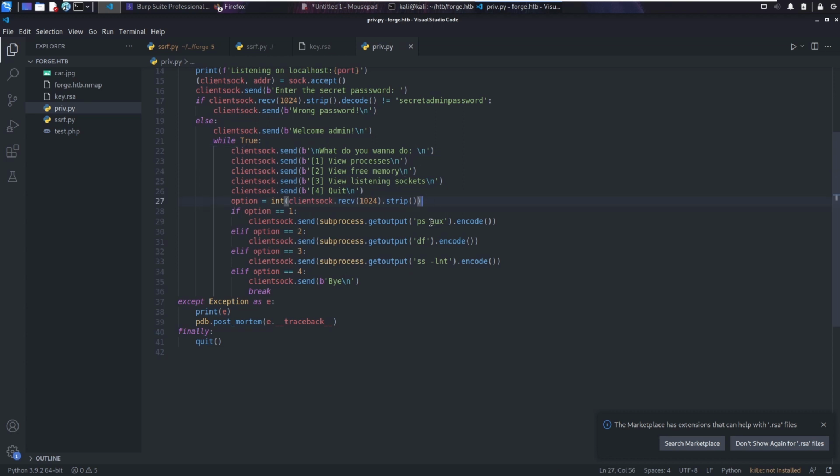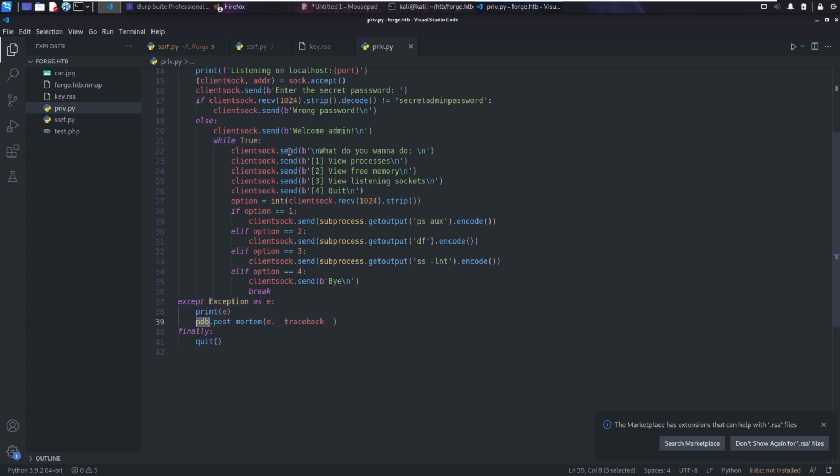So when I first did this, I thought maybe it could be using environment variable injection, where you can inject your path into there and get a shell that way by saying, hey, if you run df, I actually want you to run our own binary version of df rather than the one used as the default. But I actually realized later on that if we cause an exception, we drop into this